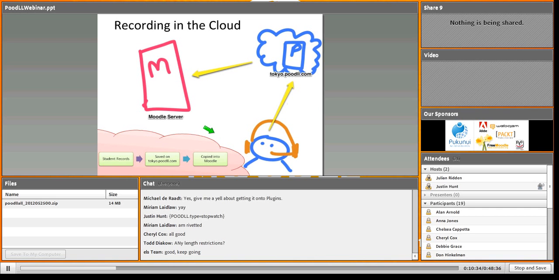So recording in the cloud. So what's this all about? Well, a lot of people have trouble with Red 5. It's a brute to install, and with Moodle 1.9 you needed to, and that really raised the bar so high that most Moodle users really couldn't do it. They needed to have some technical skills, and if you had a cheapo web hosting account on HostMonster or GoDaddy or somewhere like that, you were basically out of luck because you couldn't install a big honking Java Red 5 server on your site. So we set up a server here in Japan, in Tokyo.